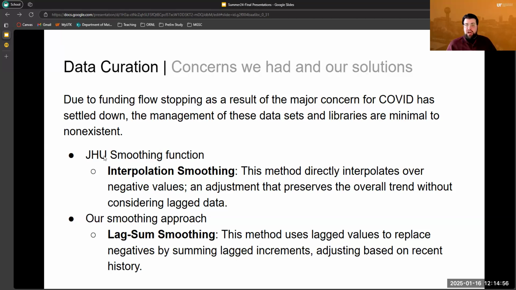Johns Hopkins had a smoothing function, an interpolation method, which was taking into account all the negatives over all the time and then divvying it out. This is an issue because it's not documented well on the source on how we interface with Johns Hopkins University. This is just one thing where we want to take a small moment and say that this is very common,